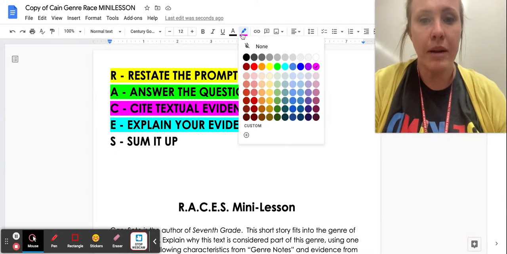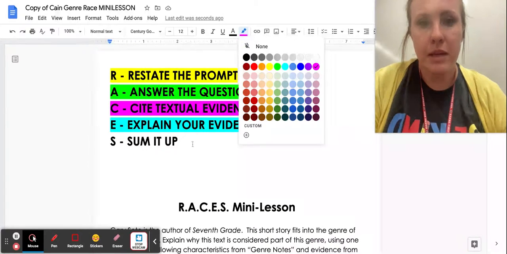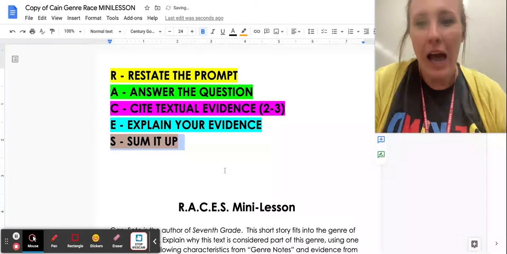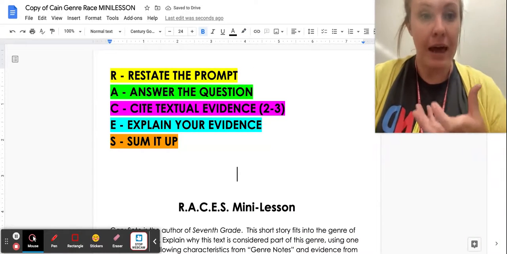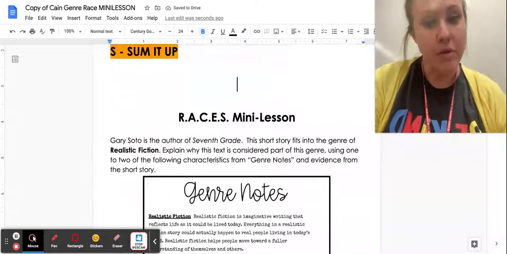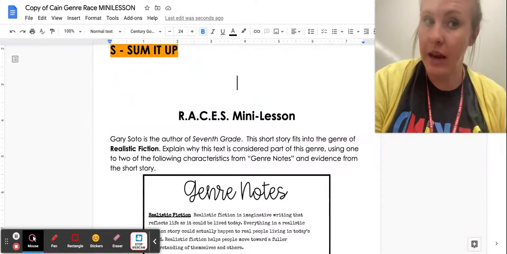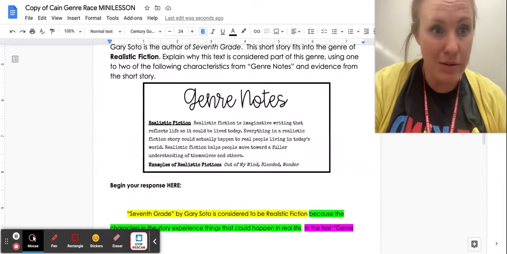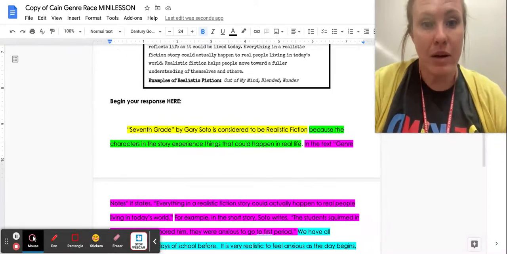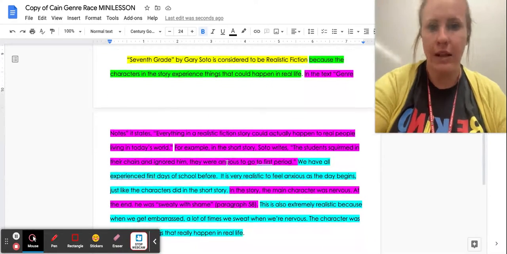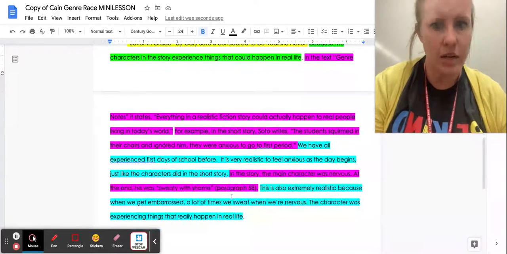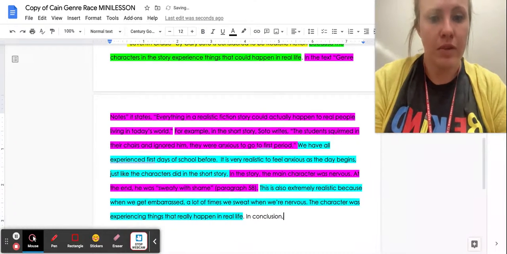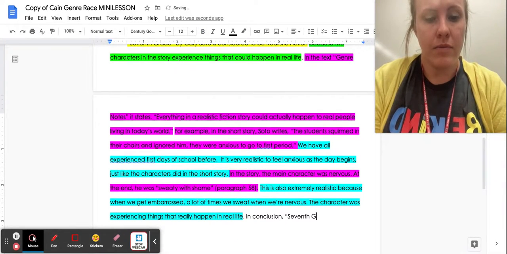Okay. When I sum it up, that just means that I'm going to bring it back. I'm going to make this one orange because I'm running out of colors. When I sum it up, that just means I'm bringing it back to the prompt. So the prompt was, why is this realistic fiction? How does it fit into this genre? Okay. So I'm going to use the title, right? And I'm going to explain it one last time. So as you can see, I've got lots of evidence. I've got good explanation. So I'm going to bring it back to the prompt by saying, in conclusion,